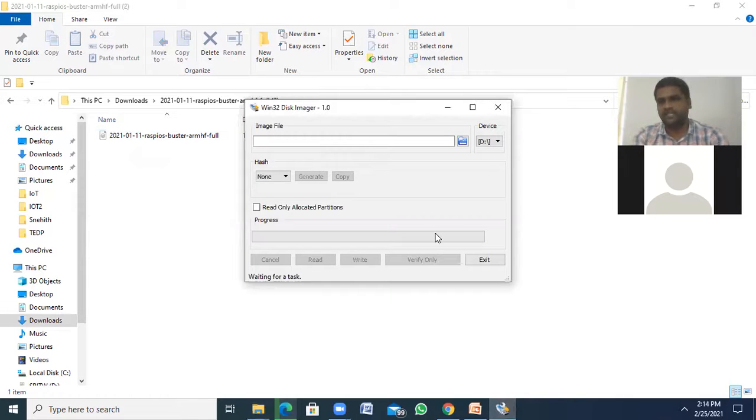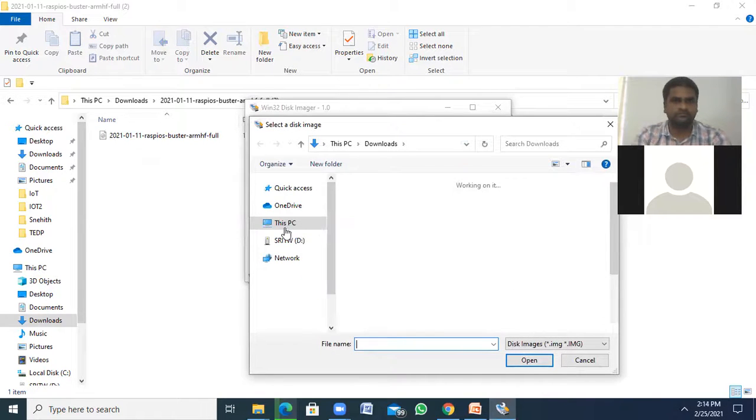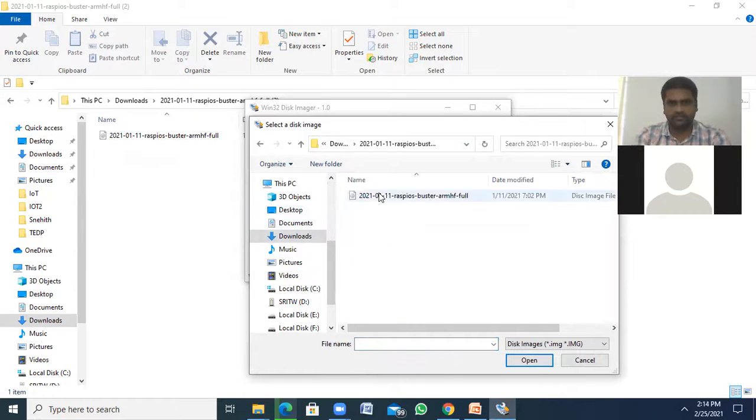So now we are going to write the Raspberry Pi OS onto your SD card. This is my SD card device. Select your image file that is available in the downloads. In downloads, I have this folder.